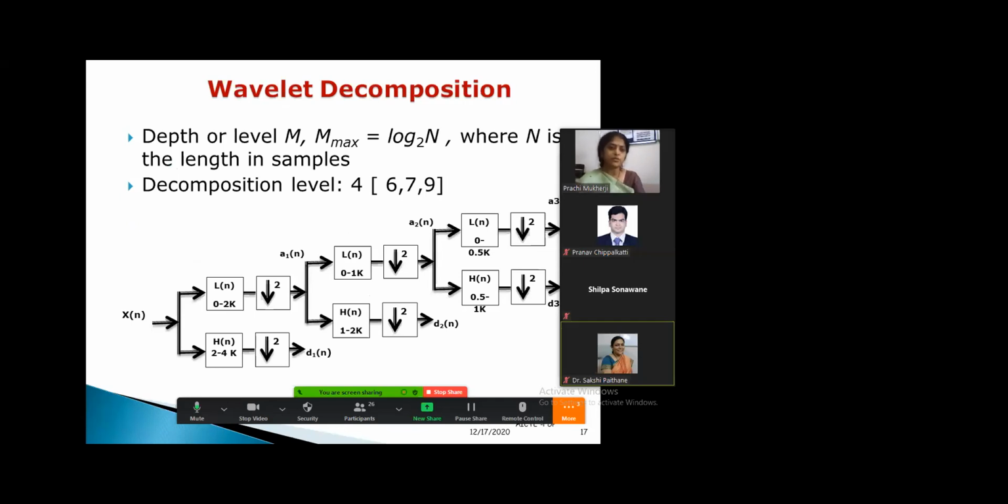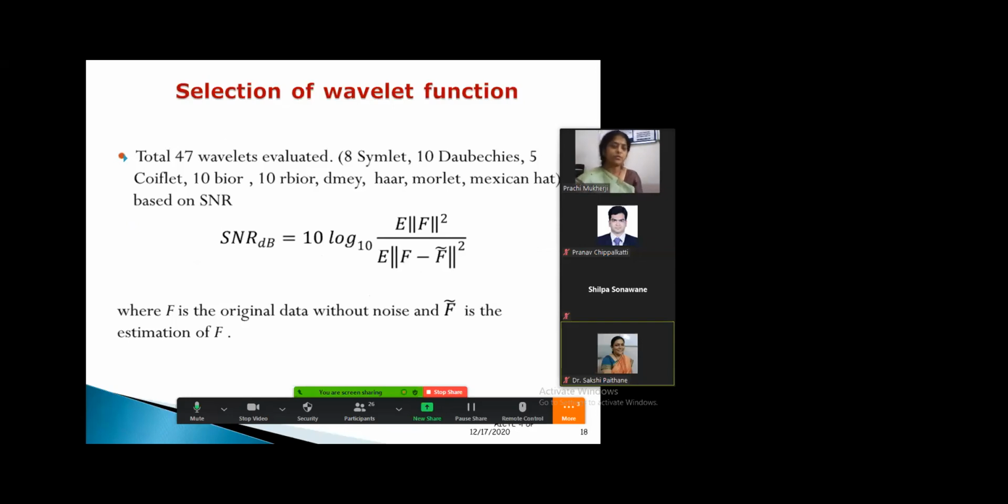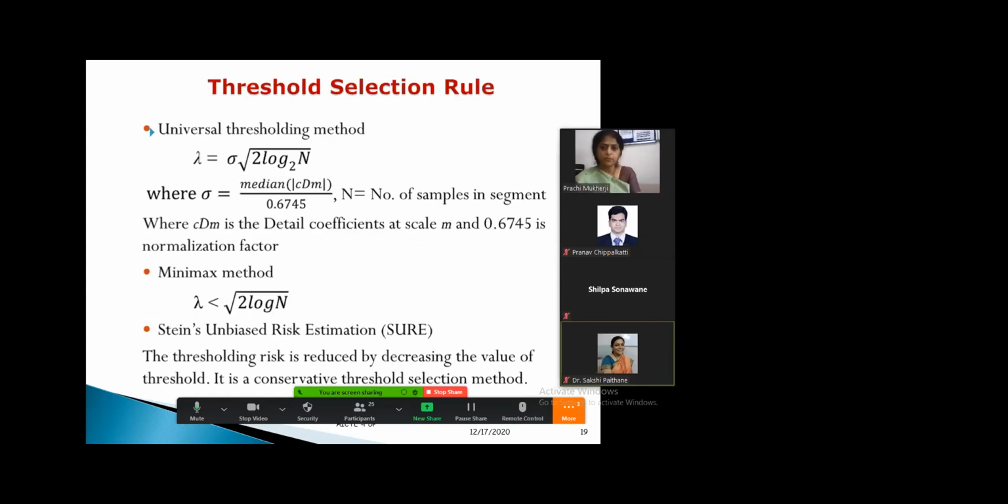This is a very common step, I'm sure you must have covered it in some of the sessions you might have taken. So actually we need to experiment with a lot of wavelet functions. And it is normally said that whatever wavelet basis function is similar to the signal, that wavelet you can select. But as I showed you, the signal is very random in nature. So we have experimented with a lot of wavelets. And then we found that some particular wavelets are giving us better results. I won't go much into this, but yes, there are threshold selection rules.